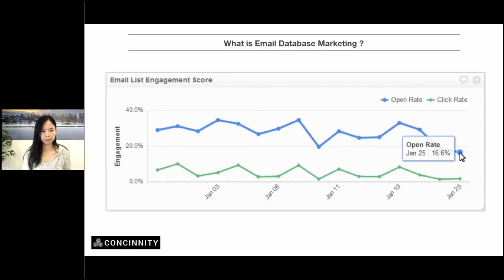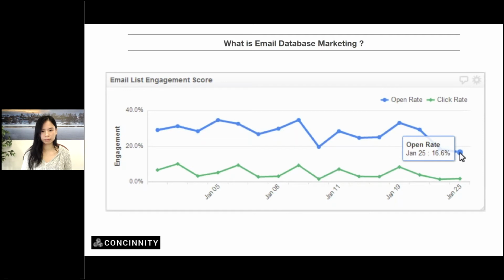Now, KPIs, for people who don't know, are key performance indicators, which means what are the parameters that need to be tracked when you are conducting email database marketing, right? So the most common and the most important ones are open rate and click rate.